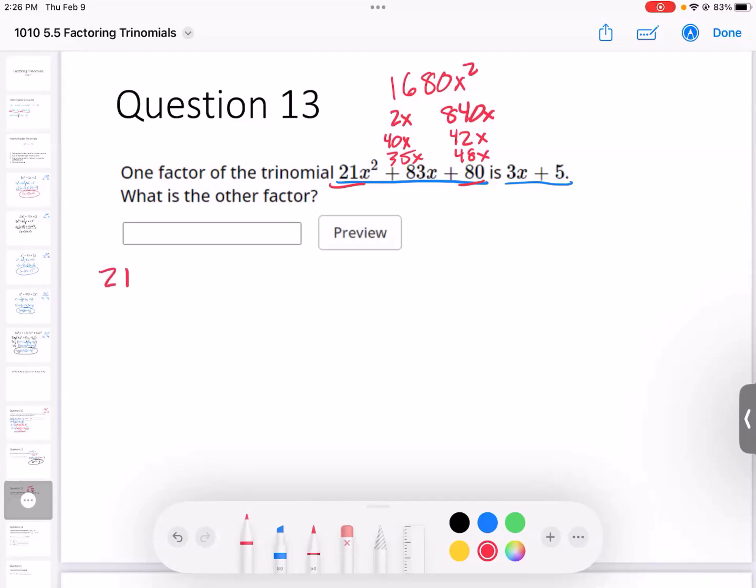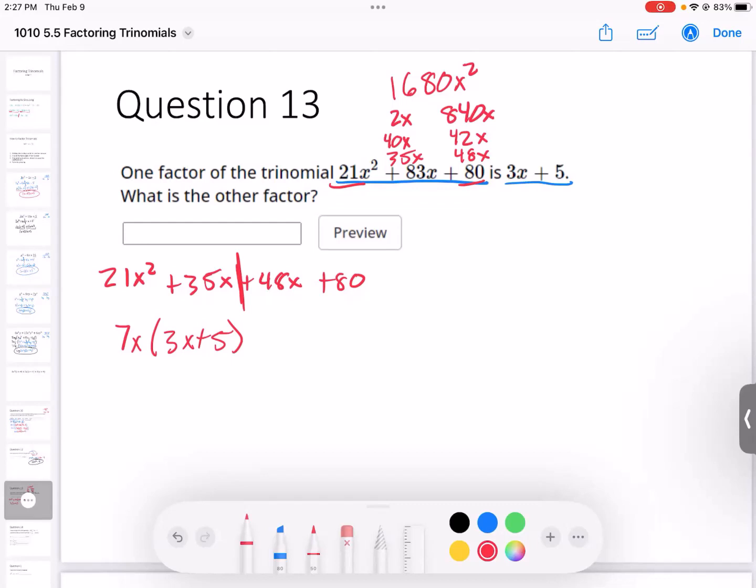So you could write it out as 21x squared plus 35x plus 48x plus 80, and then split it into two groups. The first group has a 7 and an x in common. So you'd be left with 3x plus 5. The second group,